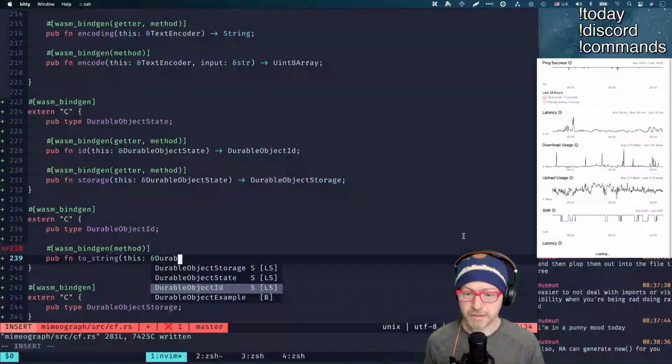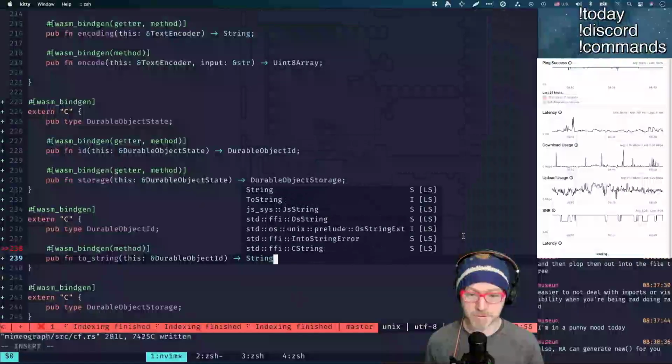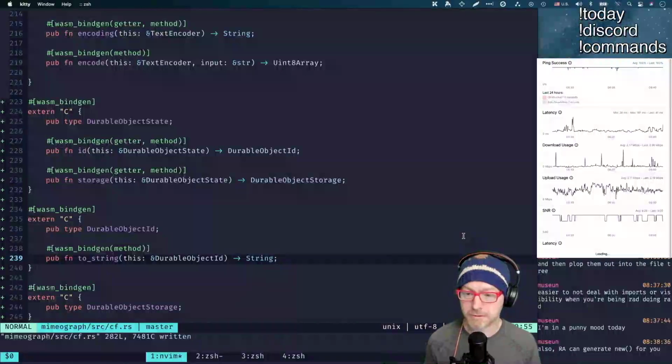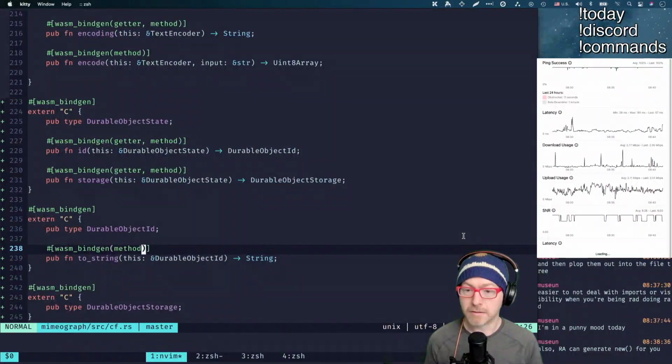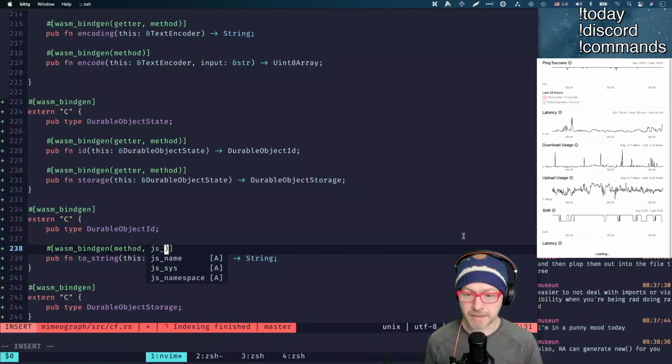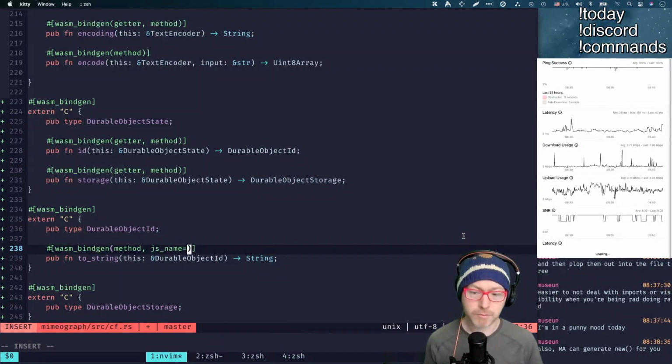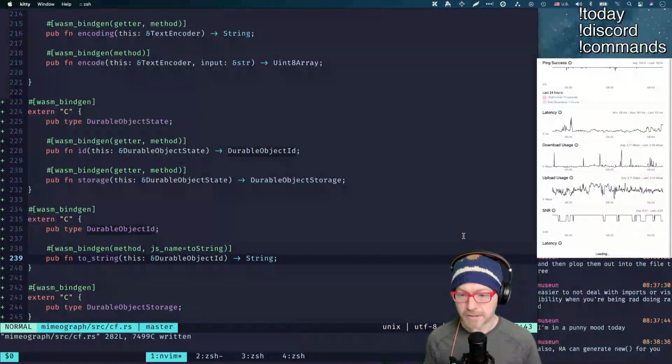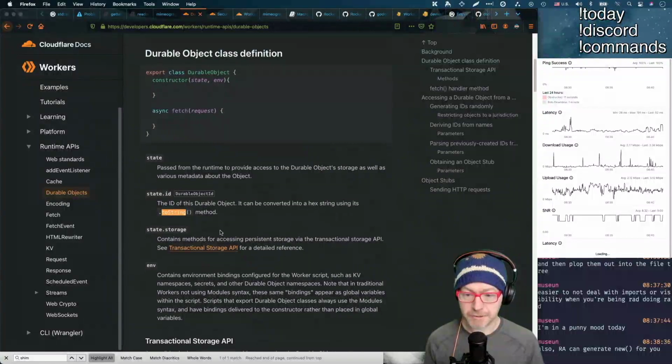Dribble object ID. Returns a string because they don't do stirs around here. And we want the JS name to be to string. There we go. So we're mapping our Rust style name to that name. Good. Now in the storage API,